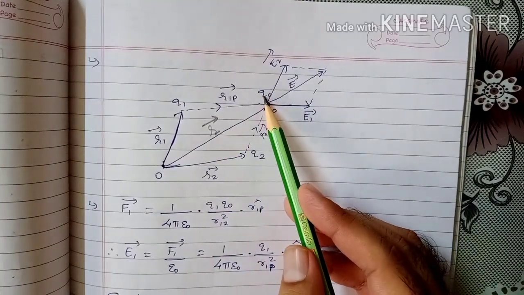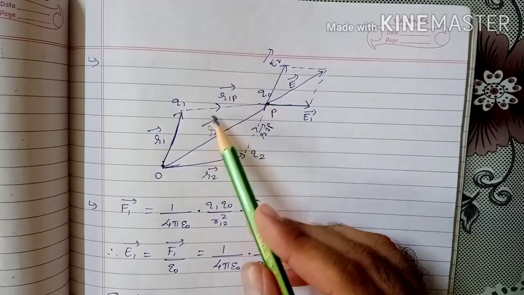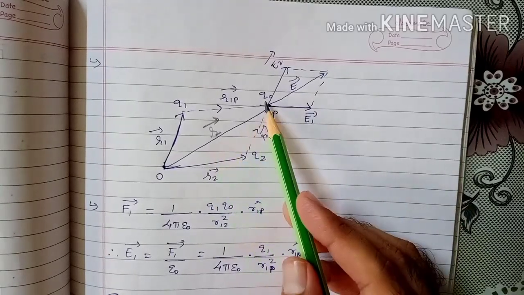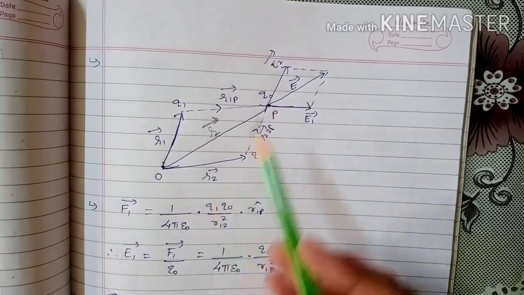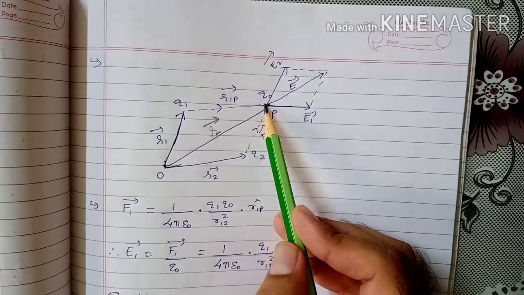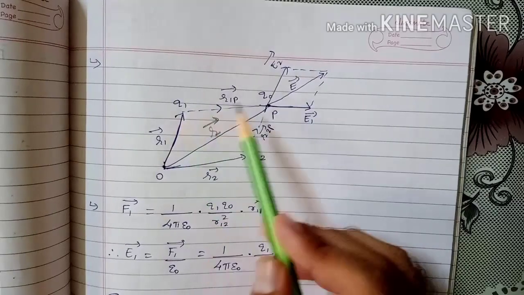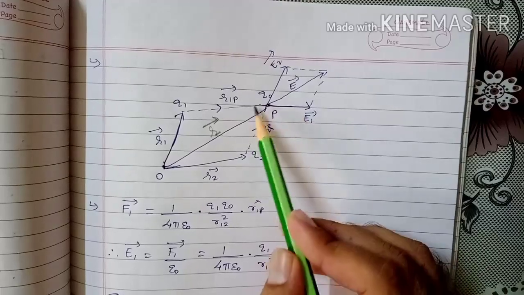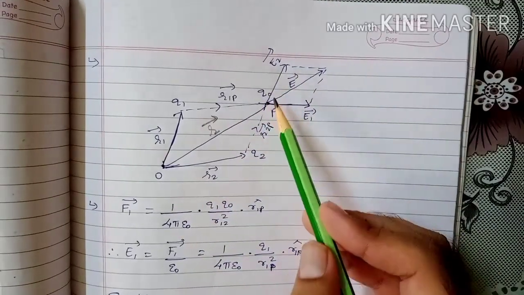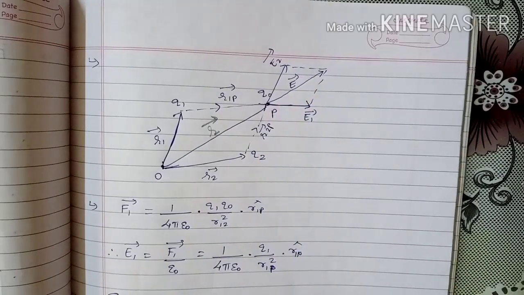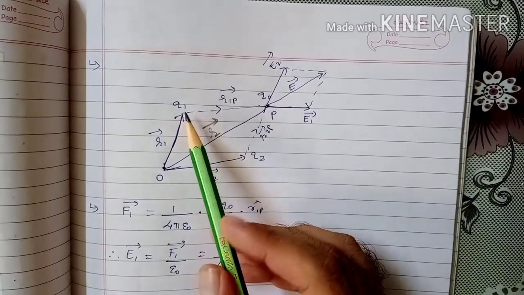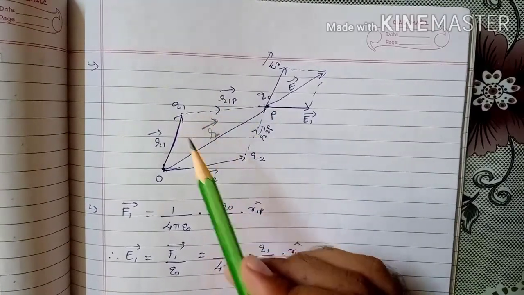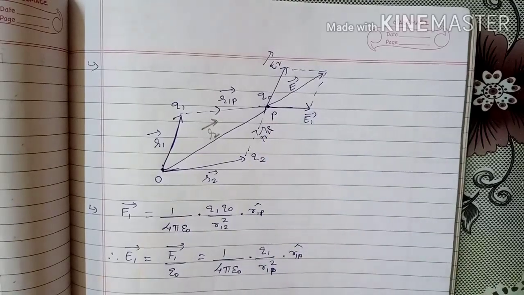q naught, that is the test charge, we have placed at position vector r vector with respect to O. So r vector is the position vector of q naught with respect to O. We want to find the effect of q1 at point P, and the effect of q2 at point P. That will give us the electric field due to the first charge and the electric field due to the second charge. Then we can find the net electric field using the superposition principle. Now here q naught is at a distance r1 p from q1 and at a distance r2 p from q2.